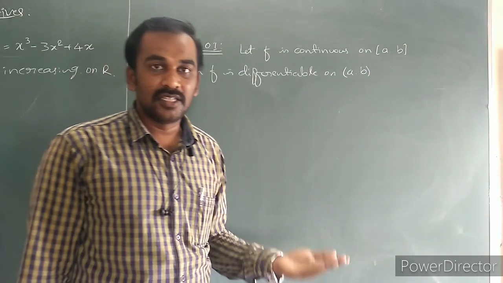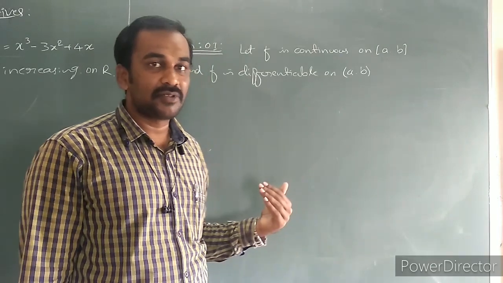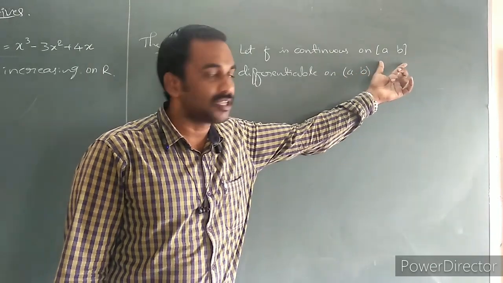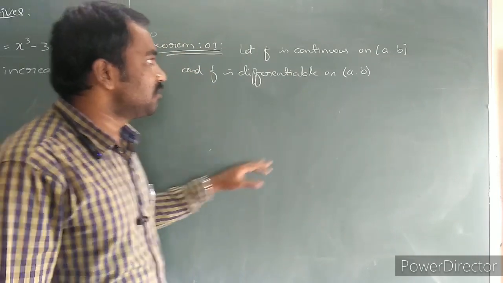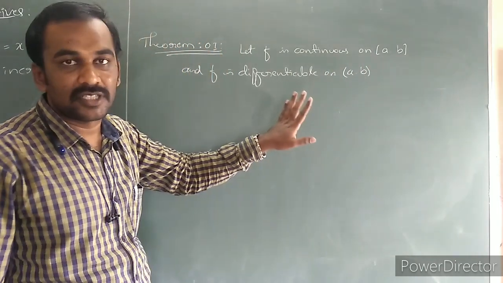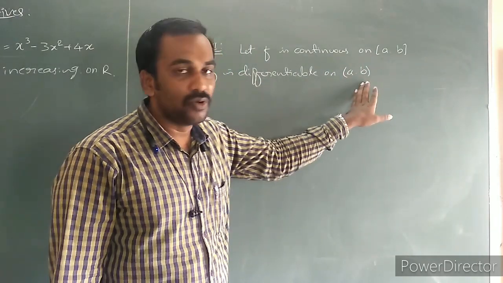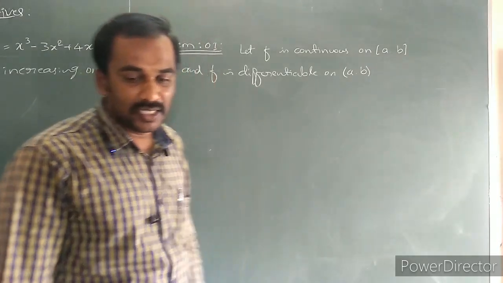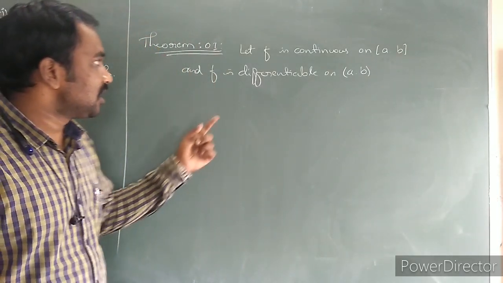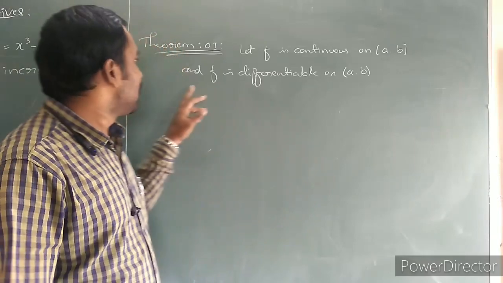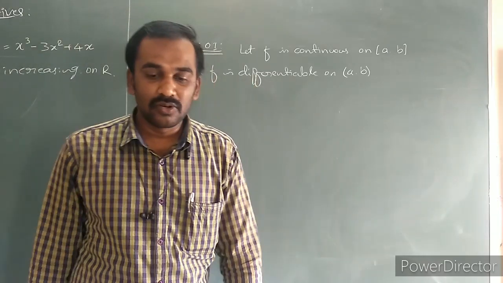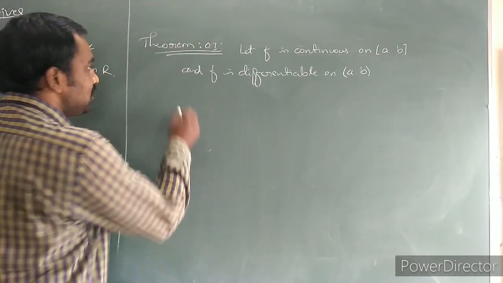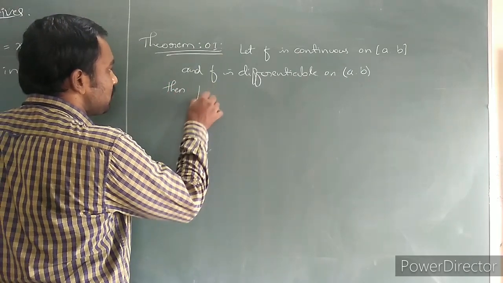Whenever we talk about differentiability, we have to check that it is on an open interval. I think you just remember this point from the previous differentiation part. So continuous means closed interval, endpoints are included. Differentiable means open interval, endpoints are not included. Let f be continuous on [a, b] and differentiable on the open interval (a, b), then the function f is said to be